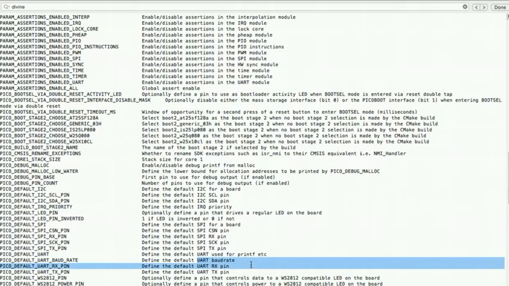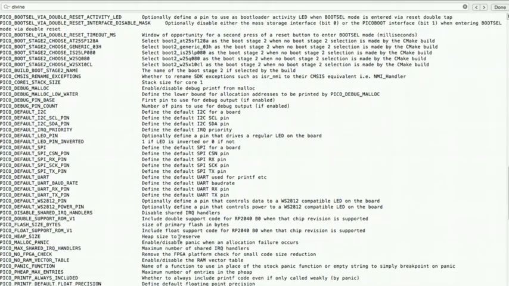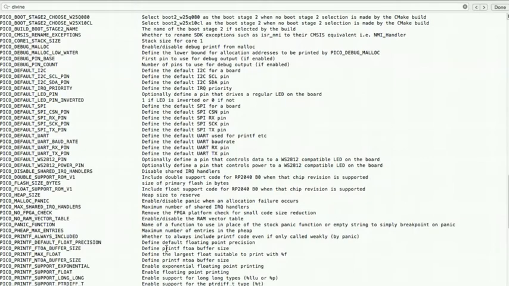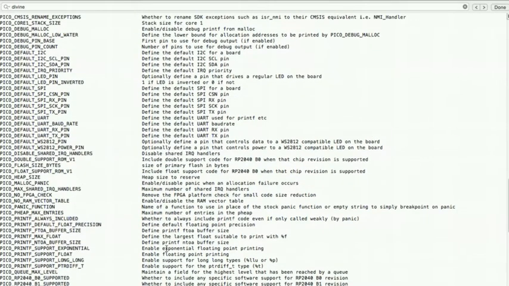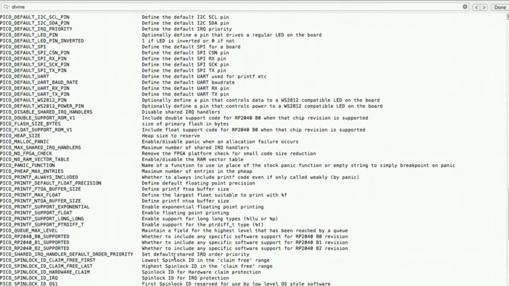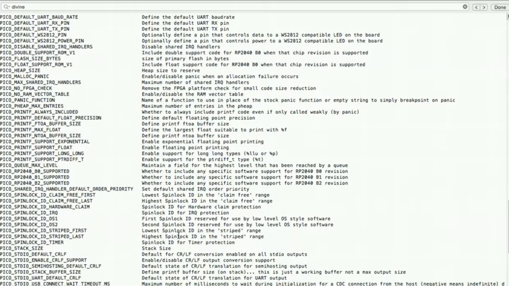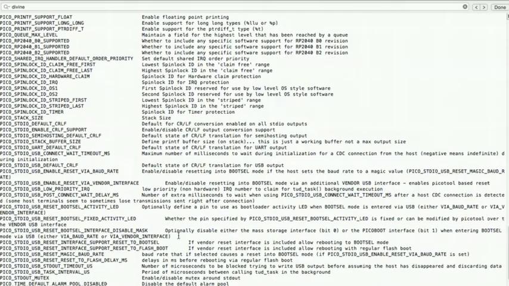The UART baud rate. You could set the size for the heap, and I'm just looking through some of these. Set floating point for printing. There's a bunch of options. I haven't looked through most of these. And then you can just go through those and